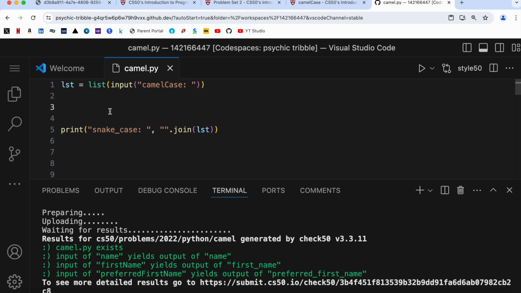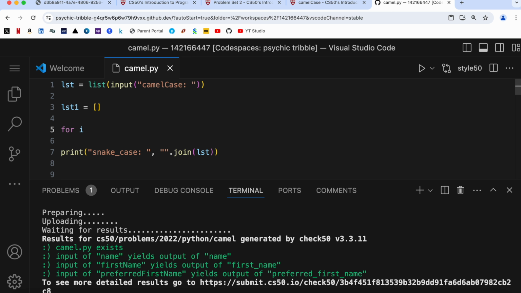Now here, the basic idea is that whatever the user is going to enter, I am going to go through it or iterate through it, as we call it in Pythonic language, and I will be storing them into or appending them into another empty list. So let me define one more list here. Let us call that list1 is equal to, here I have defined an empty list. Now for i, v in enumerate